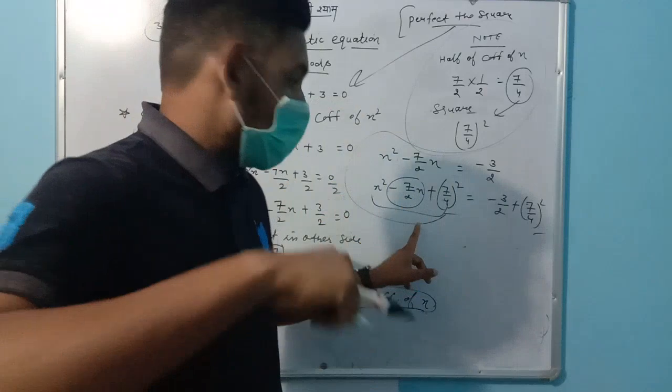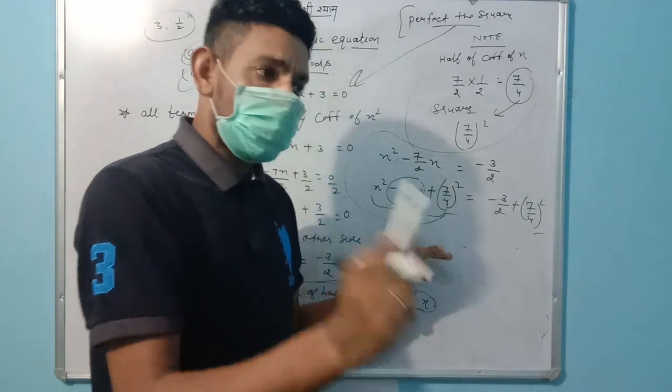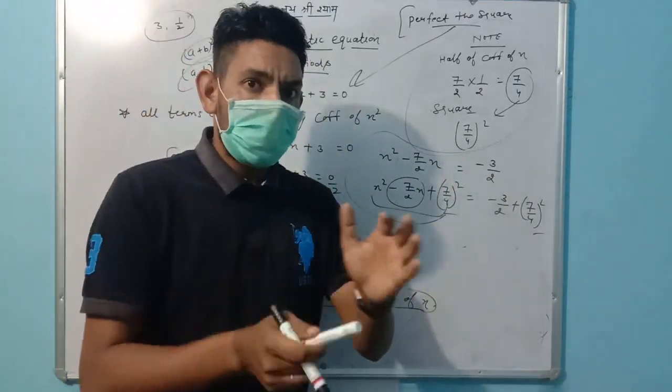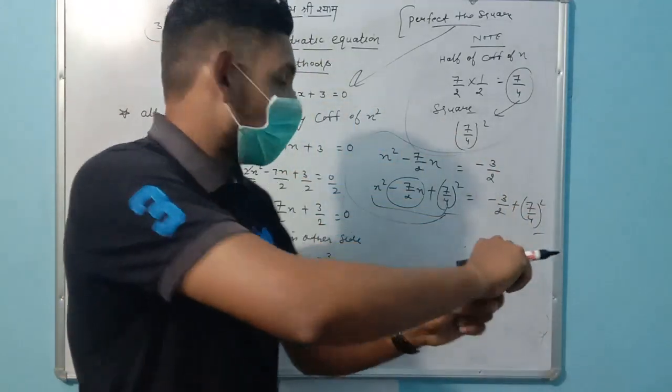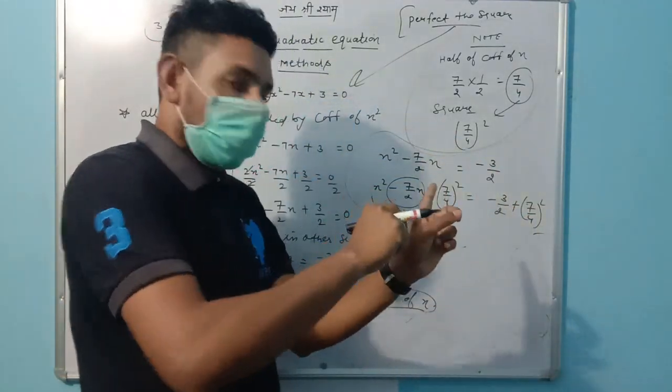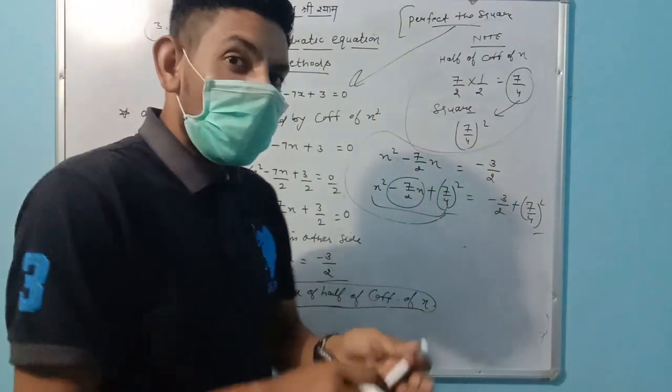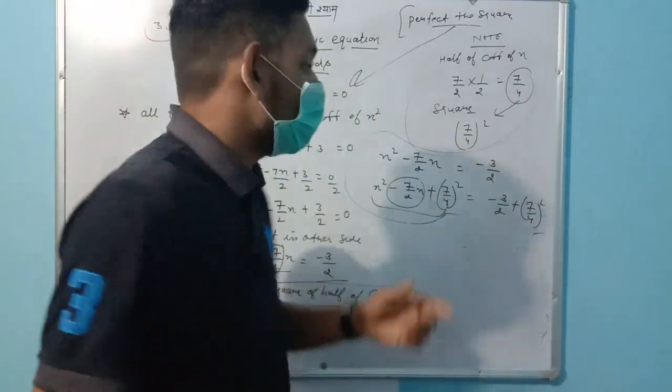And what is the whole square of a minus b? a square minus 2ab plus b square. But here is the difference between the two of them: 2ab is plus in (a plus b) whole square, and 2ab is minus in (a minus b) whole square. That means the middle term decides which identity will be used in this question.